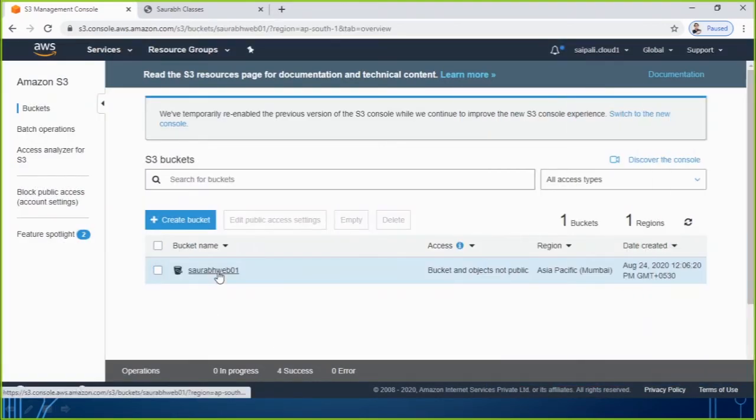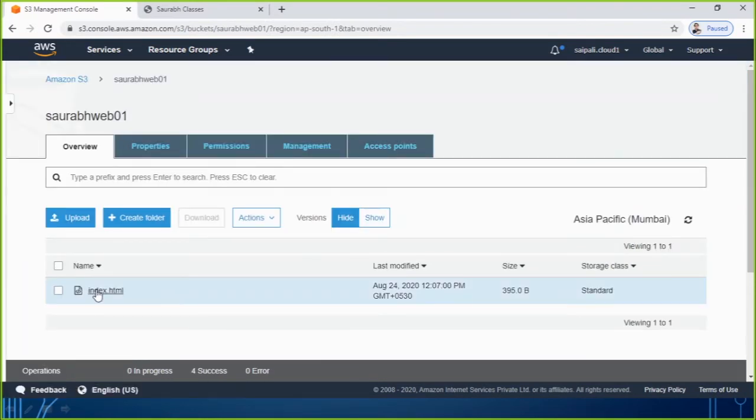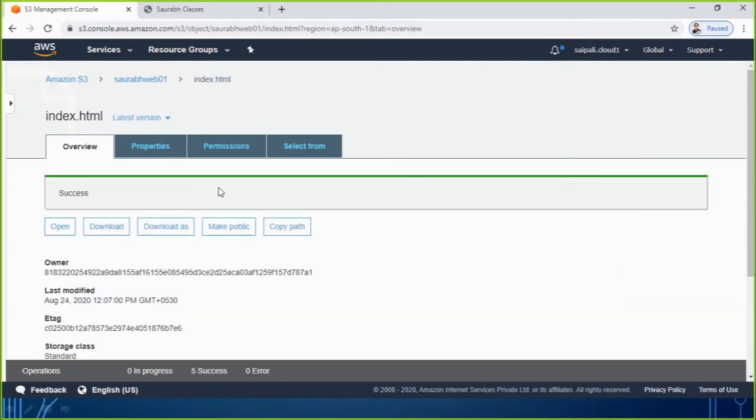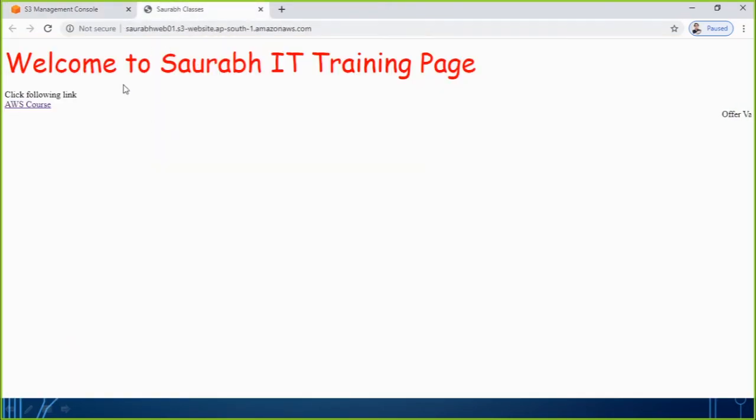Then inside of the bucket we also went there, we chose the file, and inside the file we clicked on make public. These are the tasks we did to make this website available on a public domain. Anybody from the whole world, if they have this URL, will be able to access this website.